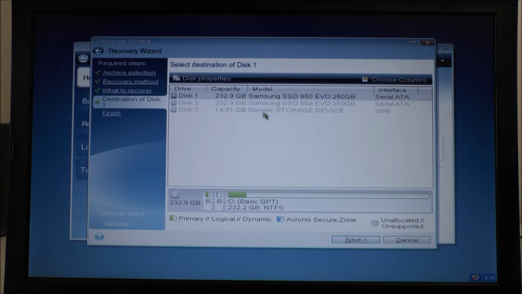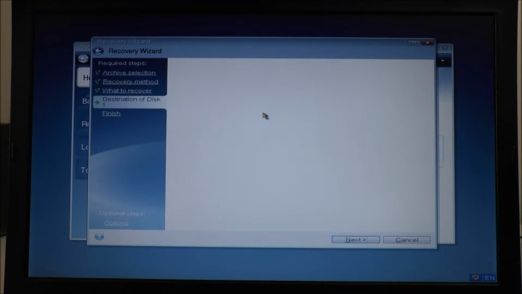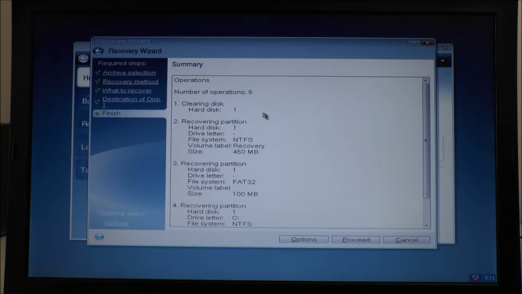In case it asks right now if I'm certain to erase my SSD, because when I'm recovering the disk image file, I'm basically erasing the previous hard drive. As we talked previously, you should be very careful to back up everything before you do that. So proceed,